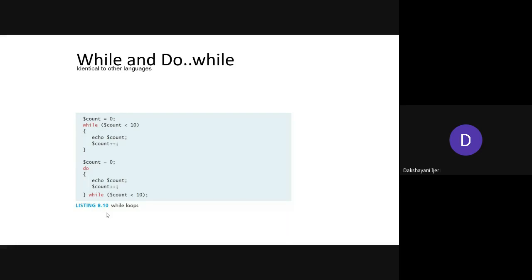What is the difference? You don't know the difference between the while and the do while loop? Definitely everyone knows this, isn't it? See, if we are going to be interactive in the class, then it is also going to be interesting for me to take the classes for you people. Otherwise, it is going to be only one-way communication where I'll be repeatedly answering you.